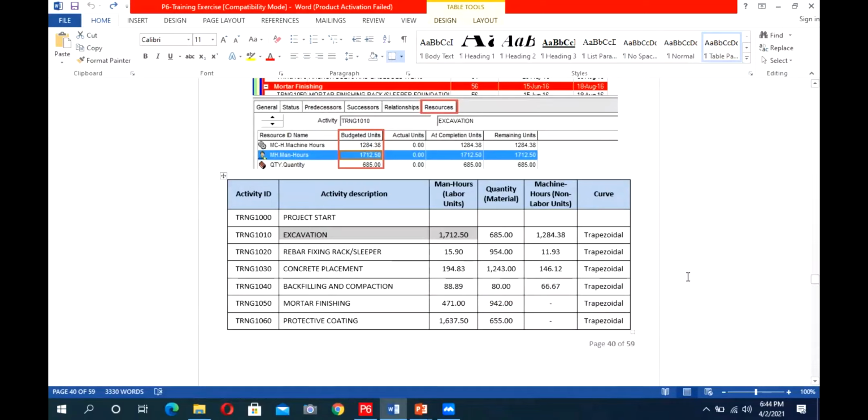So manpower limits exceed. So how do we check, or is there any procedure, that our manpower is over allocated?